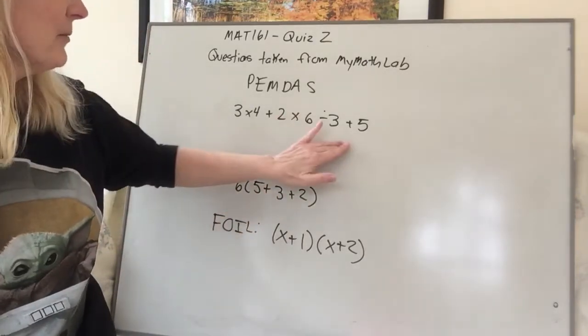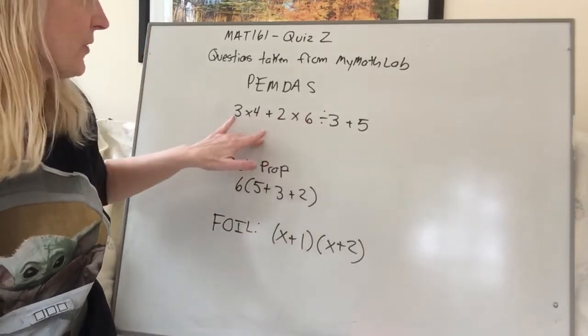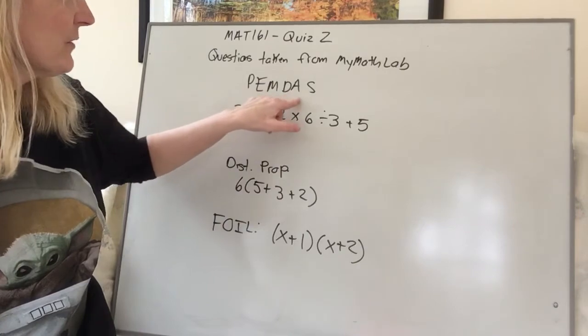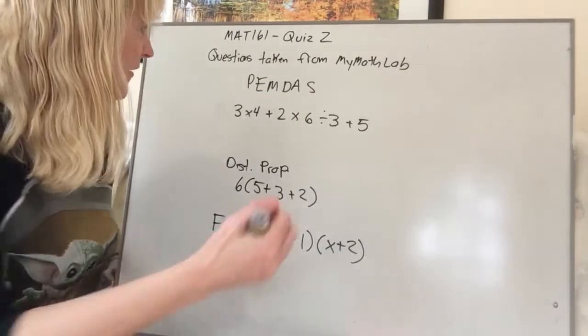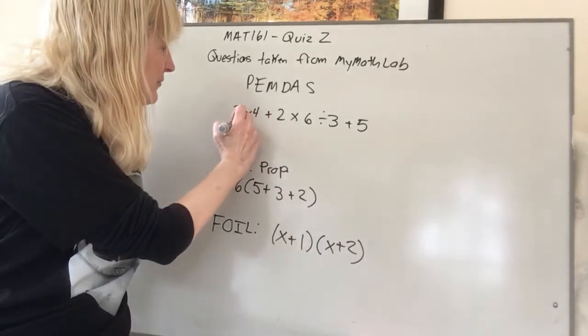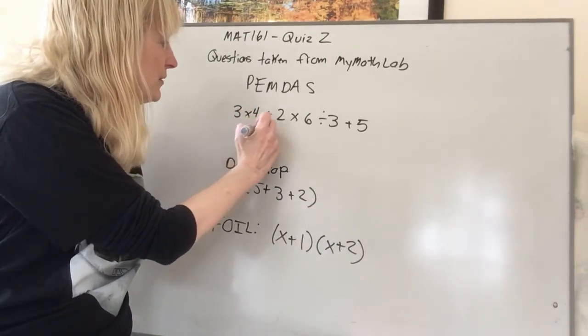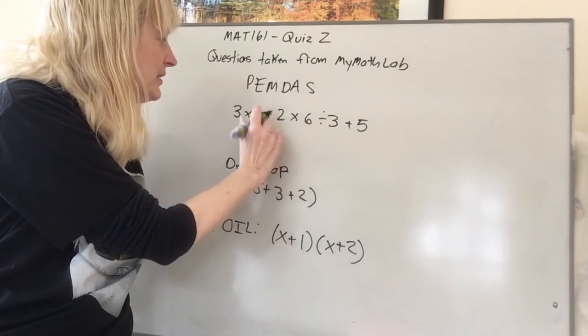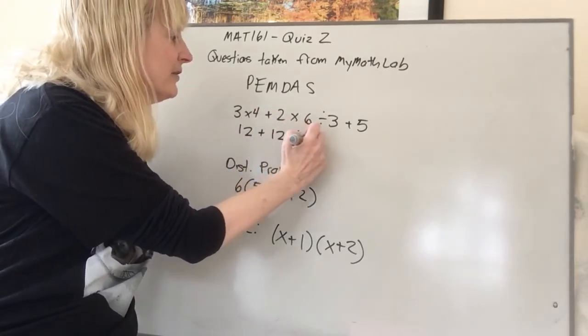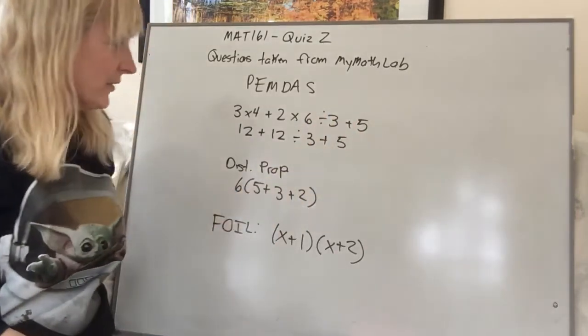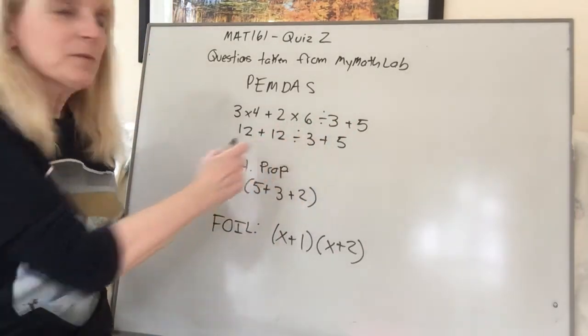So if we had a problem like this, guys, what would we do first? We're going to do the multiplication and division before we do the addition and subtraction, right? So probably how I would look at this is I would go, okay, 3 times 4, we have to do that first, that's 12. And then we have 2 times 6, that's also 12. We still got to divide it by 3 plus 5, right? So then what do you do next? You got to do division before you do the